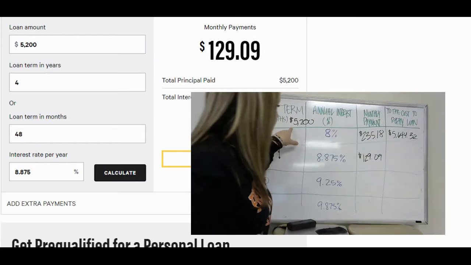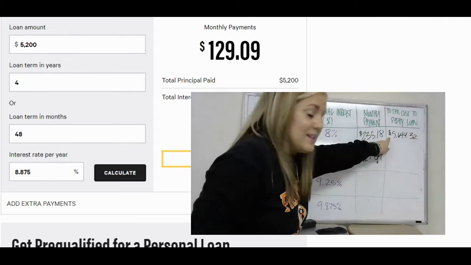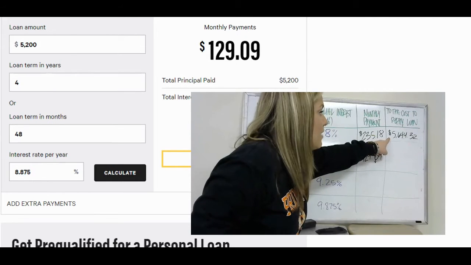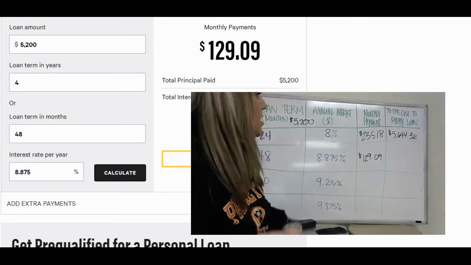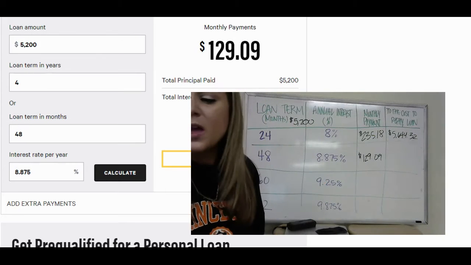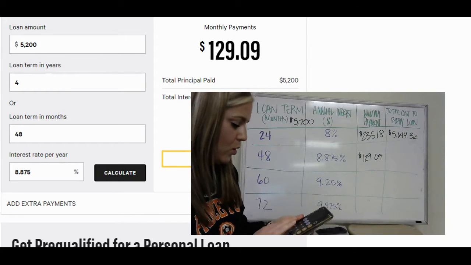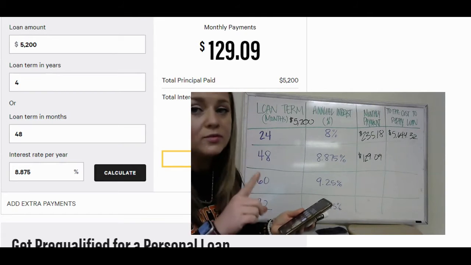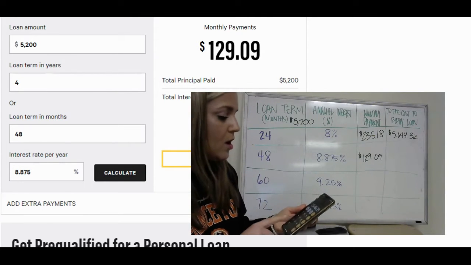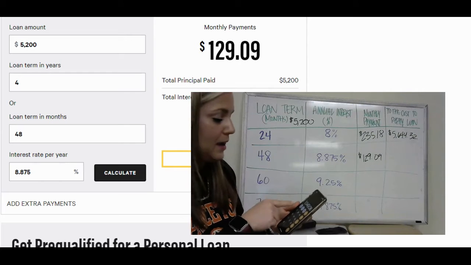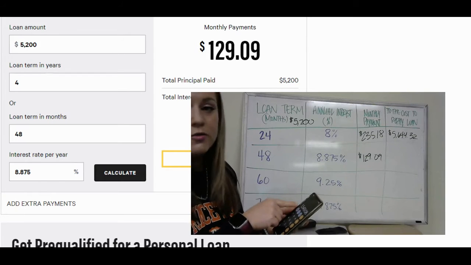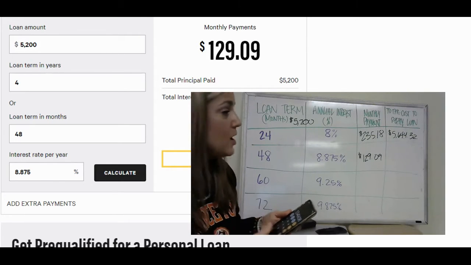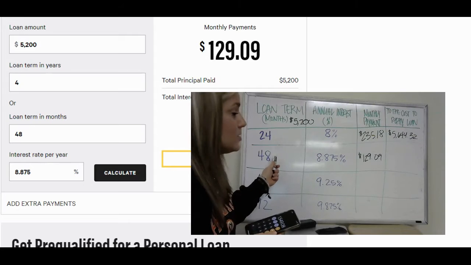But we borrowed $5,200. To pay back the entire loan, it's going to be $5,644.32. All right, now let's take our monthly payment, 129.09. We're going to multiply it by 12 to see how much it is for a year. For a year, you're paying $1,549.08, but we're paying it back over 48 months, or